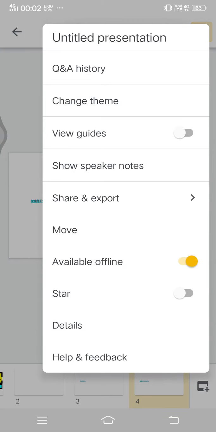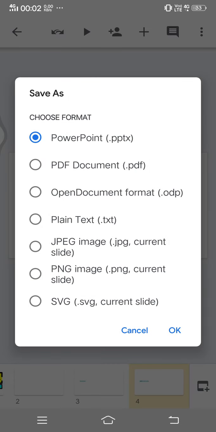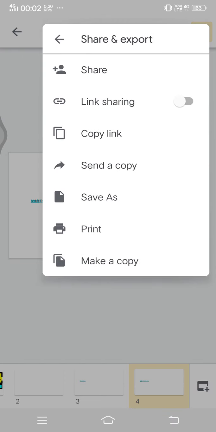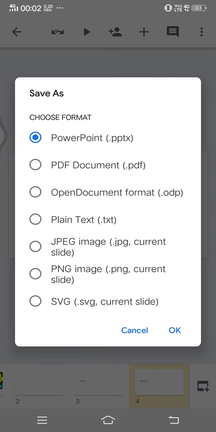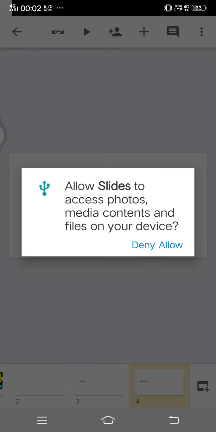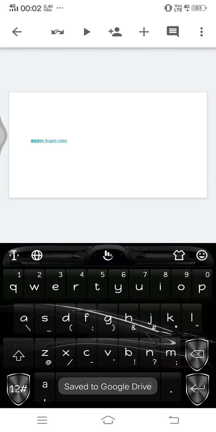So that's how you can even share this to someone else. You can share it on WhatsApp. Same, you can even share it as images also. So you can also save this. To save it, what you need to do, press the three dots, share and export, save as PDF document or whatever, JPEG, okay, and it will be saved also. Okay, so whichever way you want to do it, you can get it done that way, but preferably do a PDF because no one else can edit or do anything to your document.